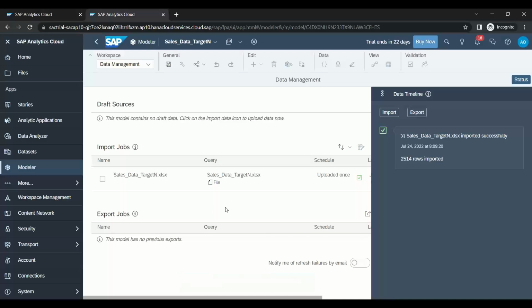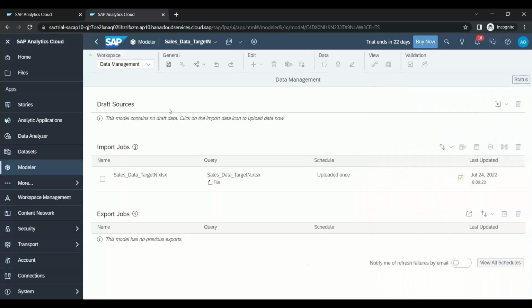Done. It's been saved. And the next step, once it's been saved, is that I can just go ahead and do a blending. So I've got two models. The data is spread across multiple database tables, or imagine in case of SSE you have two models. So what I can do now is go back